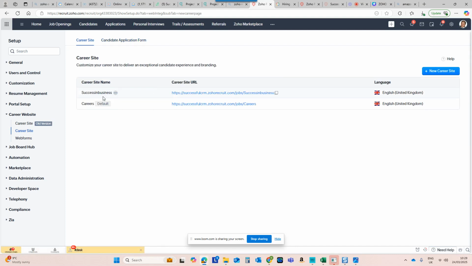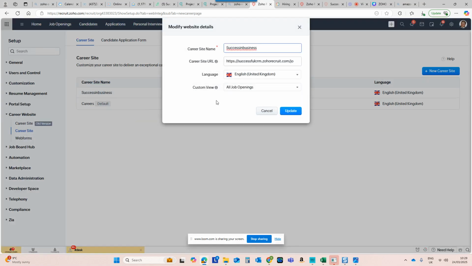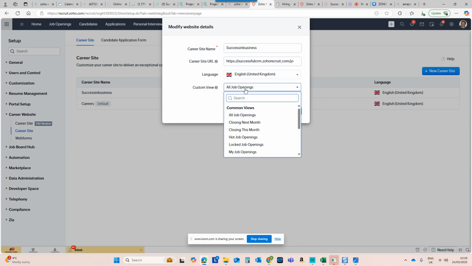I'm going to go into my career site, and I'm going to customize it. Well, as you see, you've got customize, duplicate, delete, or edit properties. In edit properties, essentially, it's just asking you what your language is, English, for instance, and what custom view is reflected in the career site. So I'm saying all job openings, but it could be some custom view that you've got of specific job openings,